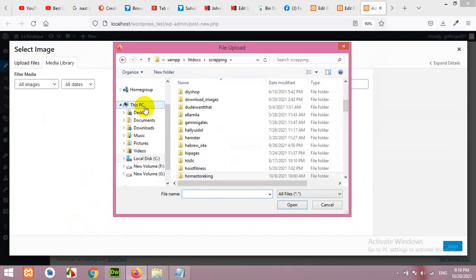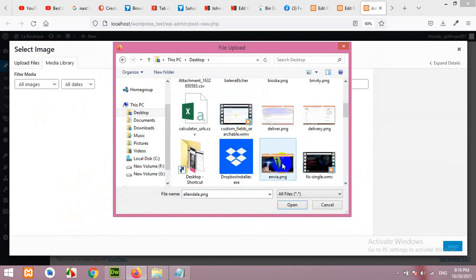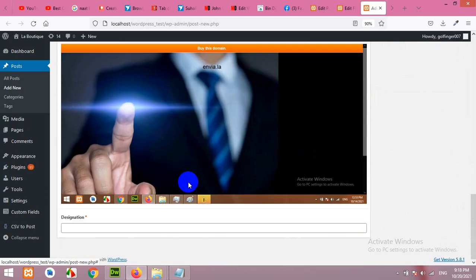So let me add an image, upload from my desktop. Let's add any image and click on select. Okay, this is the preview which we chose large for the preview.